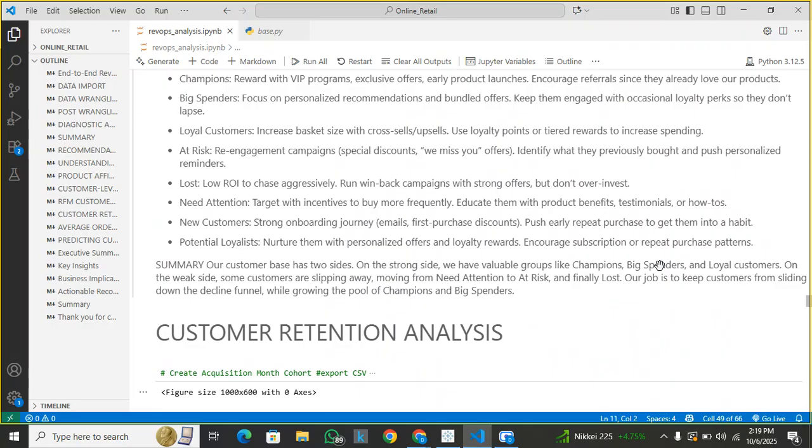So back to the summary, our customer base has two sides. On the strong side, we have valuable groups like champions, big spenders, and loyal customers. On the weak side, some customers are slipping away, moving from need attention to at risk and finally lost. Our job is to keep customers from sliding down the decline funnel while growing the pool of champions and big spenders. Wouldn't that be amazing for this business? Then